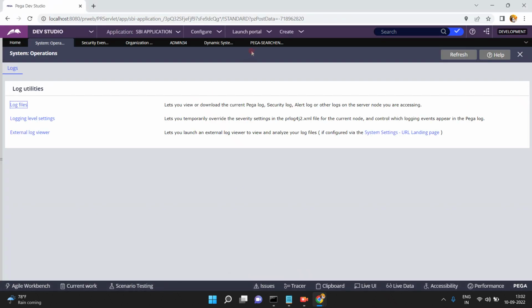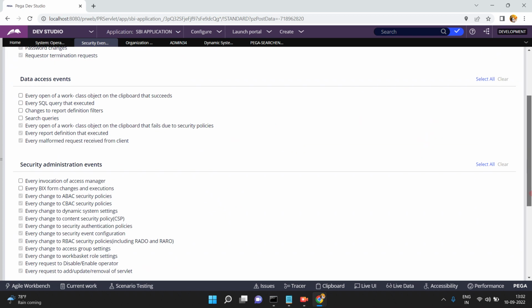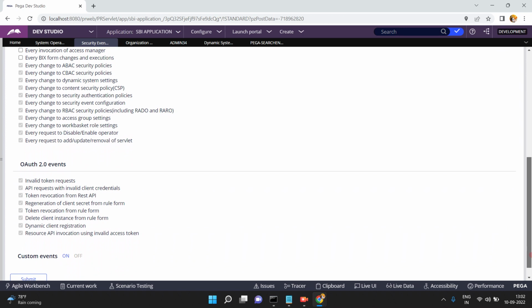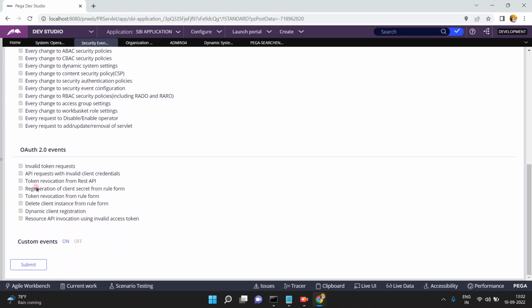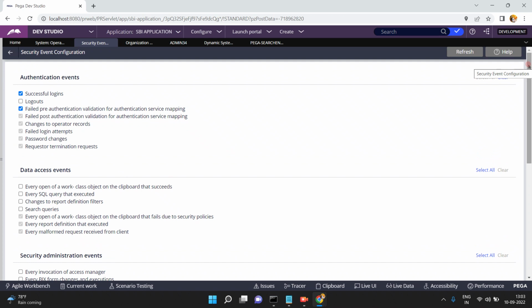Okay, now the good thing is Pega is providing an option to configure it, but a few of the events are a must. You cannot uncheck those settings. You cannot say, no, I don't want to capture invalid token request. There is no option to uncheck this one. All these are mandatory, but apart from that, if you want to add a few more things, or if you want to log